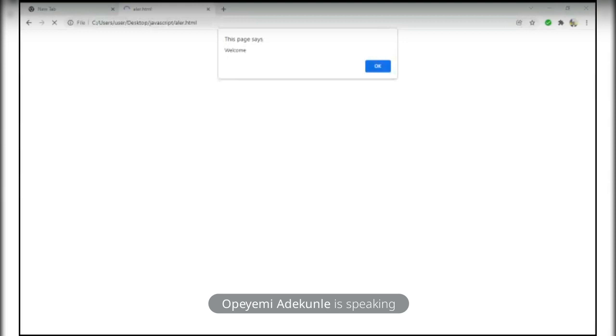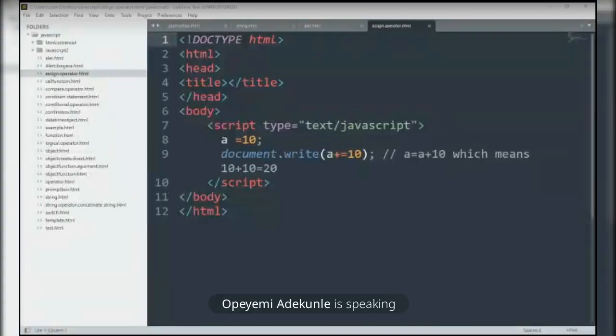Now, looking at my screen, please, if you are with me, I believe all of you are with me. So let me just share my screen back and see. Now, we want to talk about operator in JavaScript, and we also want to talk about the variables in JavaScript. Like every other programming language, JavaScript also has variable,